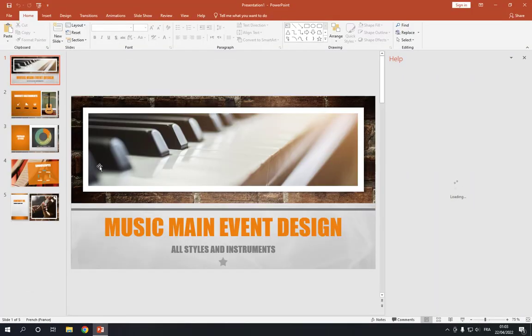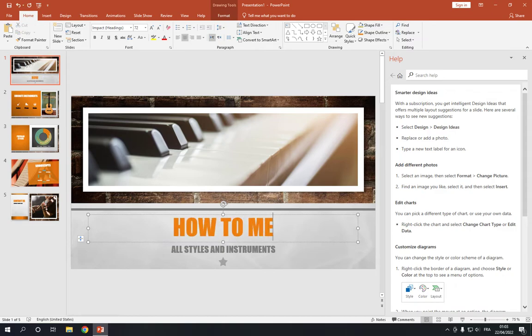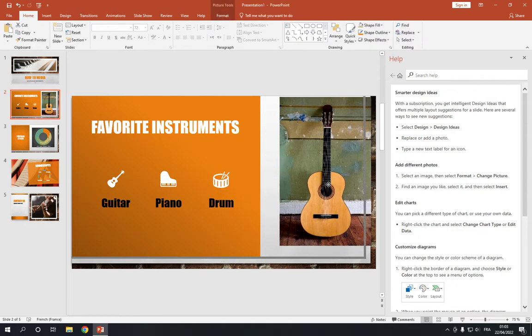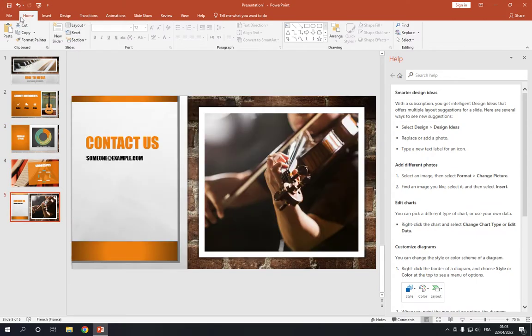Now this is my design. Or what you have to do is edit as you want by clicking. As you can see, it's very easy to edit and you can change anything you want, the photos also. And after you finish, all what you have to do is go to the top corner right here and click